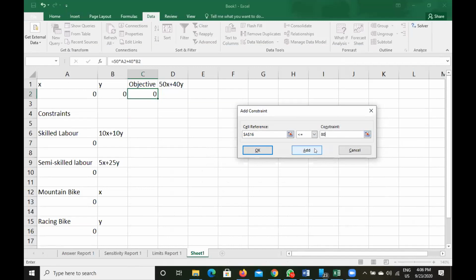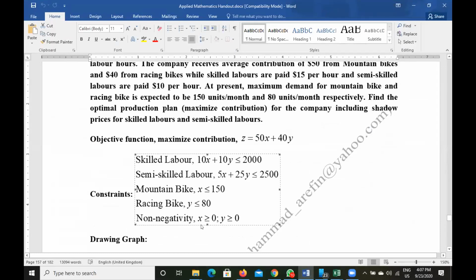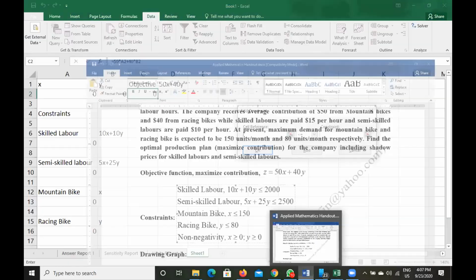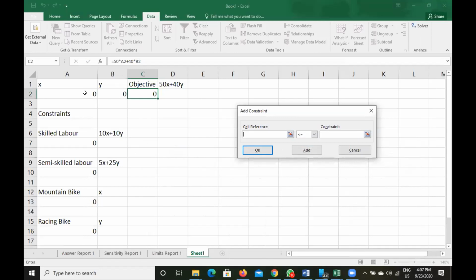Now we need to add the non-negativity constraint. Non-negativity means the value of x should be greater than or equal to 0, and the value of y should also be greater than or equal to 0. The value of x is here. Click on this drop down button, choose greater than or equal to, so greater than or equal to 0.